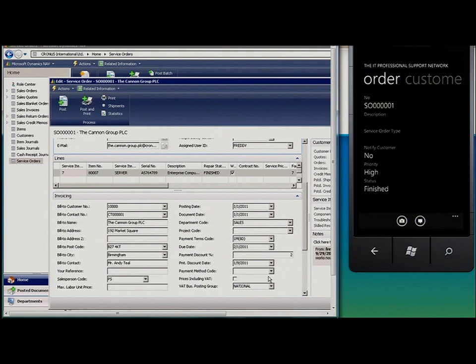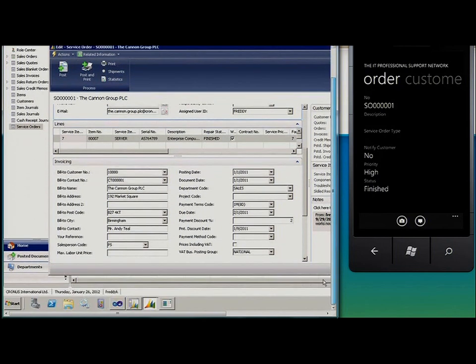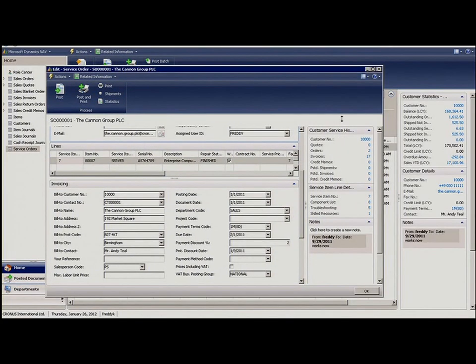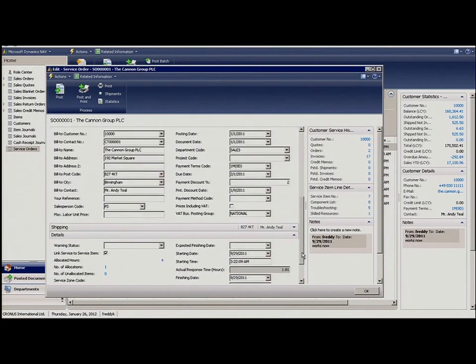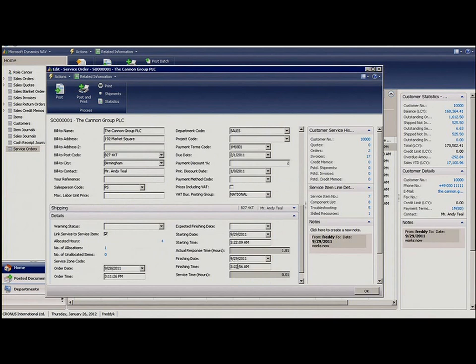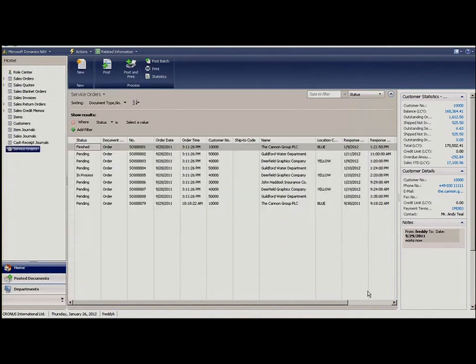invoicing information about when I actually started this, and let's see what we have here. No, it's actually here, starting date, the time when I actually started repairing this, and I ended up only 40 seconds later completing that. So the response time here is very fast from when he actually said that the item was broken. Oh, that was yesterday. Okay, one day, because I took the wrong one. Anyway,